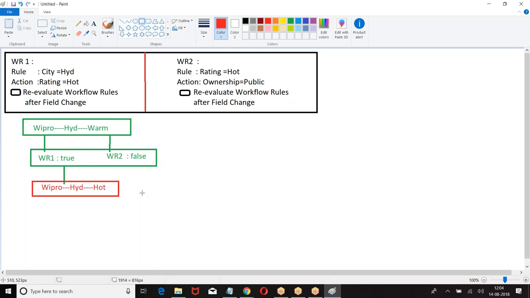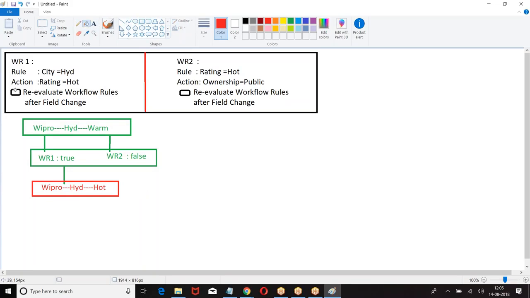But can I check the rule or not is the question. Are you allowed to check the rule or not? The workflow rule says, boss, once you verified it is false, you cannot check again. Did you verify the rule? Yes. Is it true? No. That's the end of the operation. But I want to check the rule again. Then what will I do?